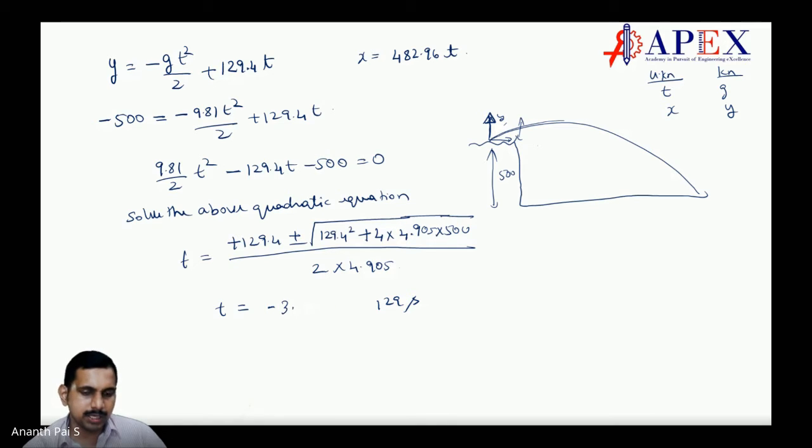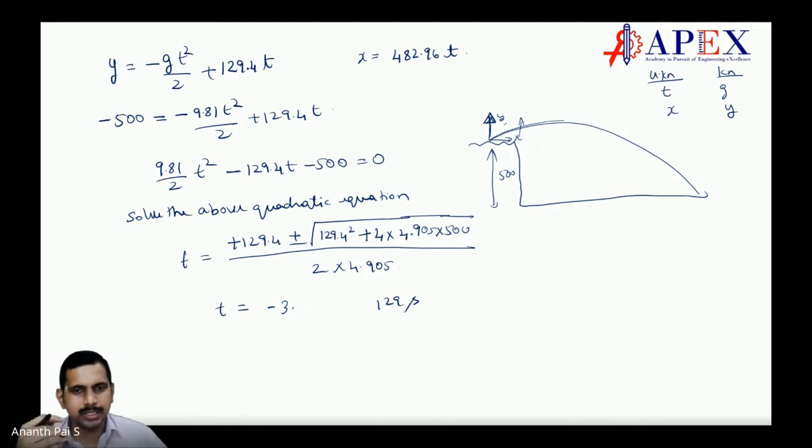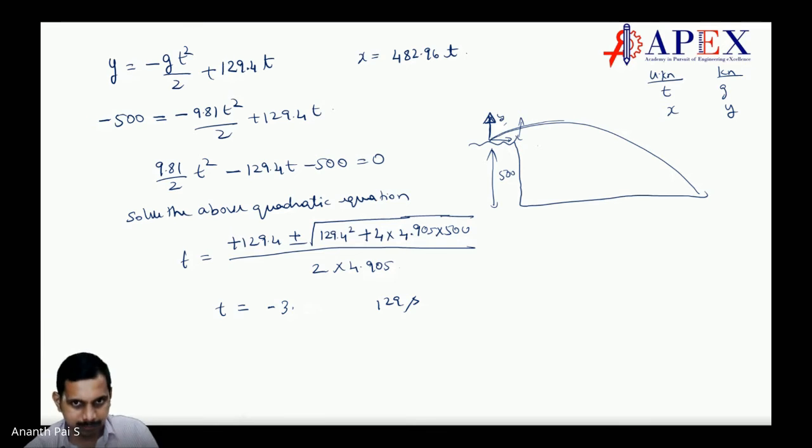See it again, Mr. Diviraj. Sir, I solved it taking dy by dt as 0. So I was just checking, is that right or not? Then it's okay. If you have not followed this method, then we will see the final answer. But the time you should get the same, no? Yes, the time you should get the same. Yes, I got 13.19. No, then it is wrong.